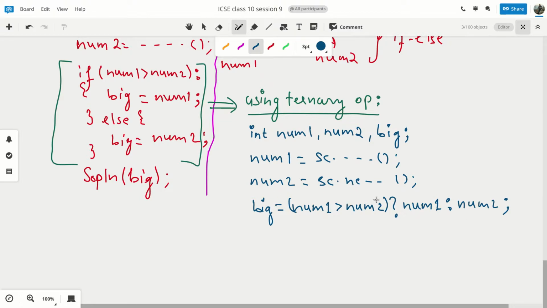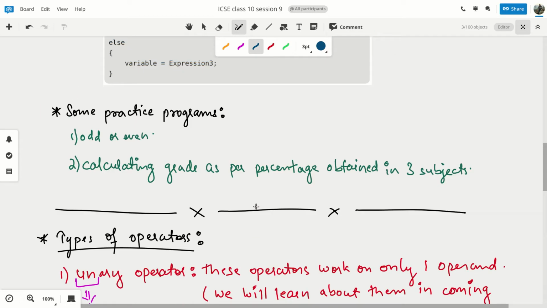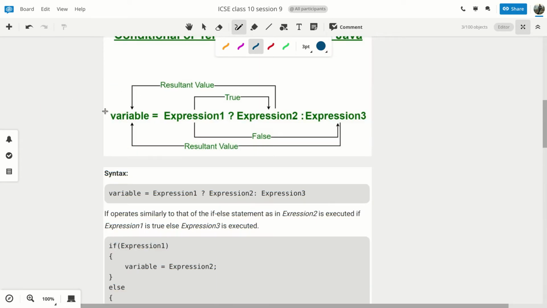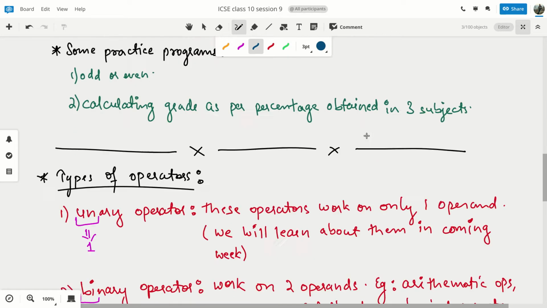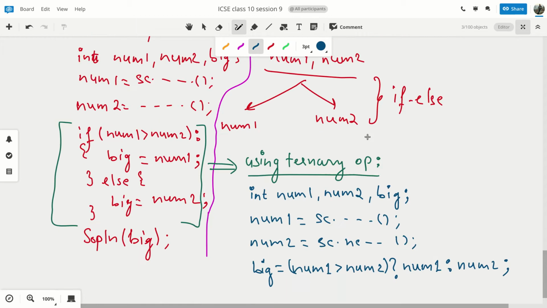However, if it is false, that is num2 is greater than num1, the expression after the colon will be evaluated, but because again it is one single value, it will go directly and be assigned to big. So see this structure once more, and then see the if version of this program.